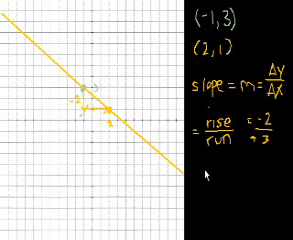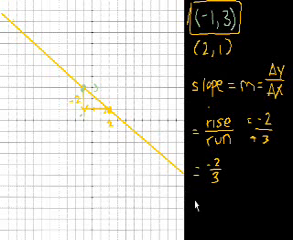So rise divided by run is equal to -2 over 3. Well, how would we do that if we didn't have this nice graph here to actually draw on? Well, what we can do is we can say, let's take this as the starting point. Change in y